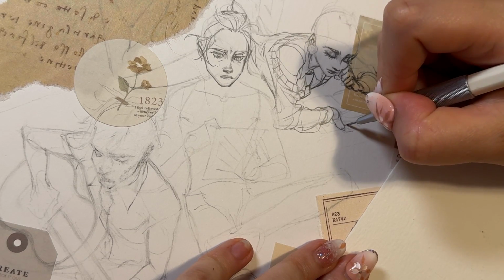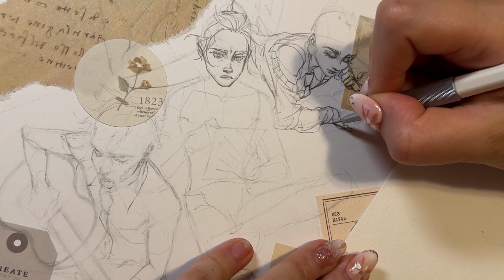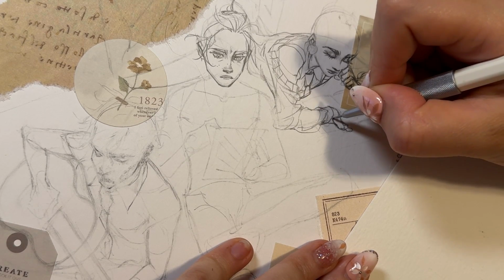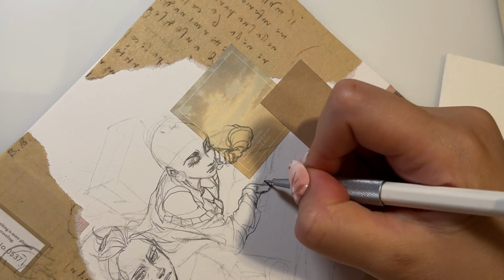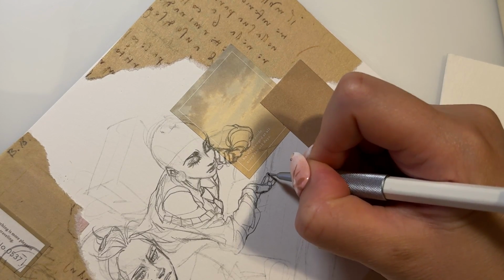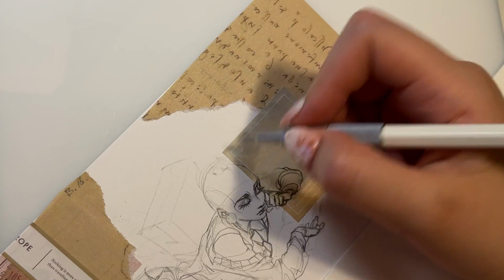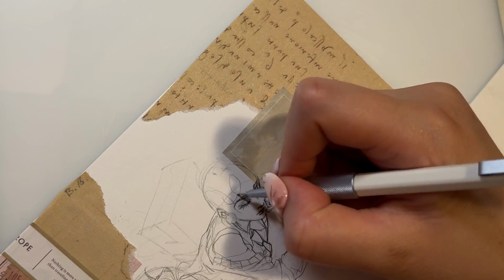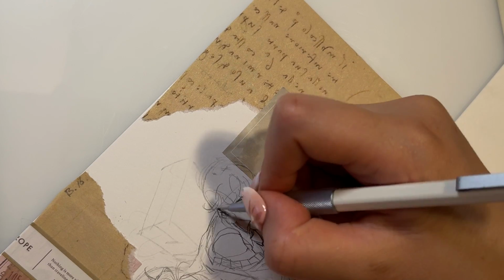And then afterwards, once I again had a good base of all the placement and the basic proportions, I went into details with a pencil. This was probably the longest portion of this illustration. I really took my time to get all the little details drawn in pencil, and I actually just wanted to tell you guys a little bit about how